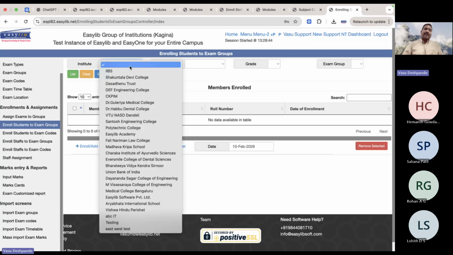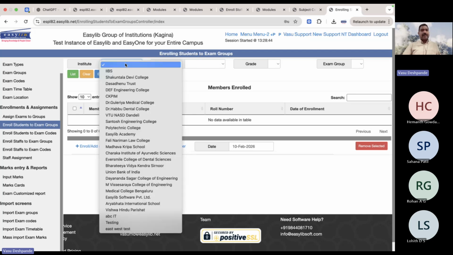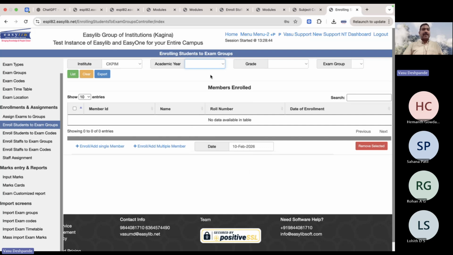So in it, let's take a typical engineering college exam. All the students will not write all exams, right? So that is why there is an option again for this academic year, for this institute, for this MBA first year, to choose who all is writing that